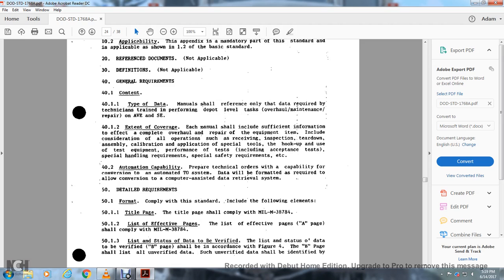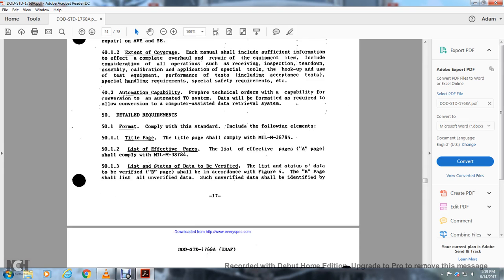The list of effective pages. The A page shall comply with MIL-M-38784. List of status of data to be verified: the B page shall be in accordance with figure 4 for the B page, and shall list the unverified data. Unverified data shall be identified by